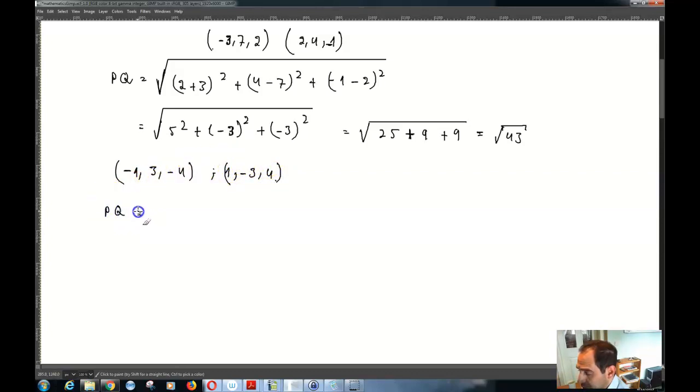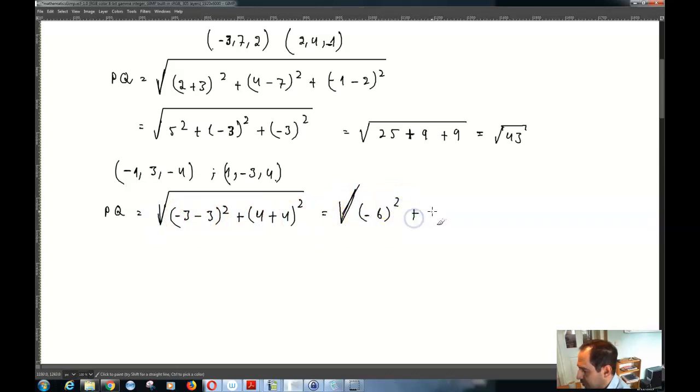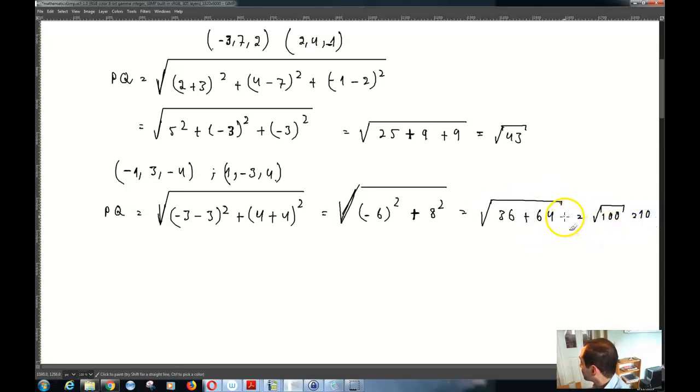Then again, PQ is equal to the square root of (1 minus 1) is equal to 0, (negative 3 minus 3) whole squared, plus (negative 4 plus 4 plus 4) whole squared, which is equal to the square root of negative 6 squared plus 8 squared, which is the square root of 36 plus 64, which is the square root of 100, which is equal to 10. So part 3 of this question is